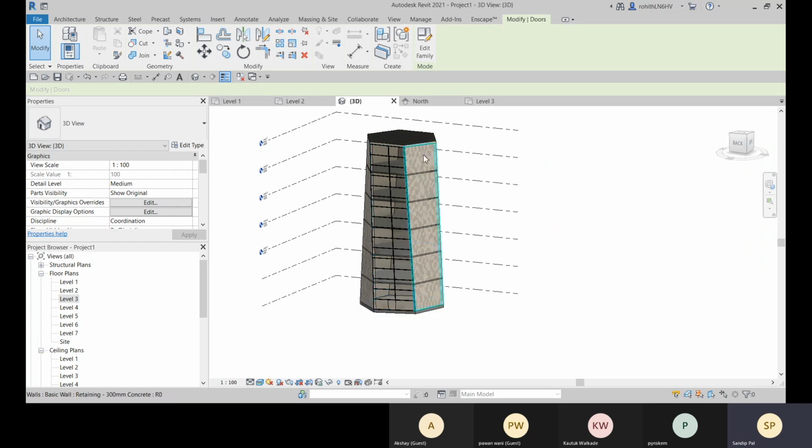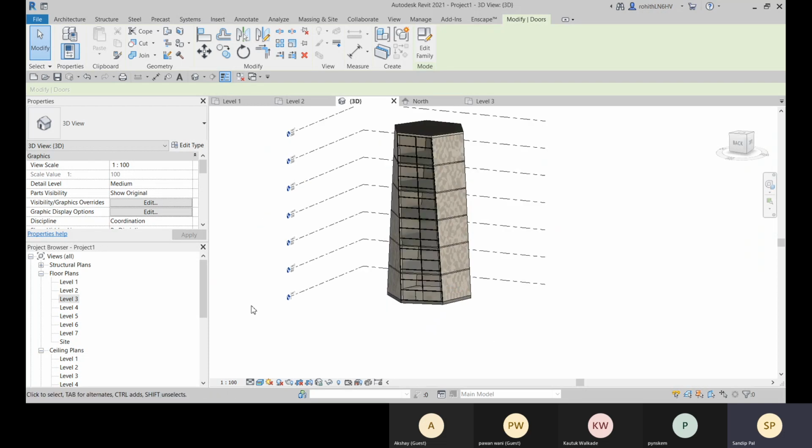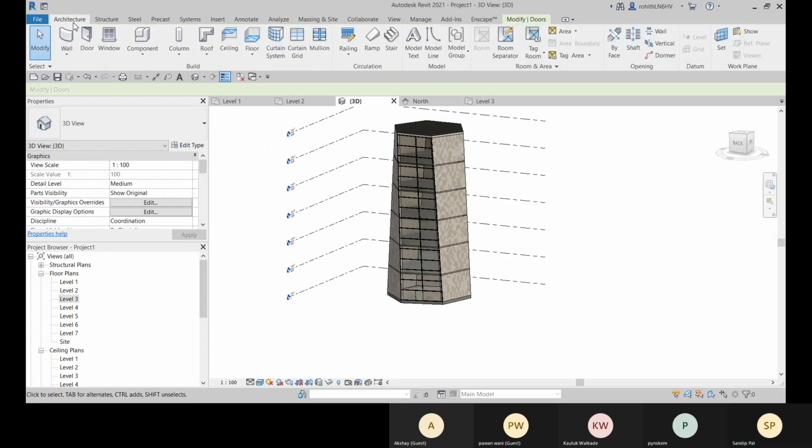So you can place the shape for each level, and there you can give it a twist with the increment angle 10 degree or 30 degree or whatever you like, and you can create a shape. So go for it, try it out, and do let me know. All right.